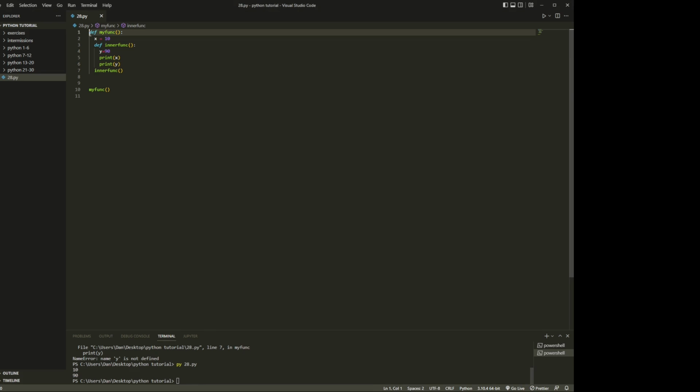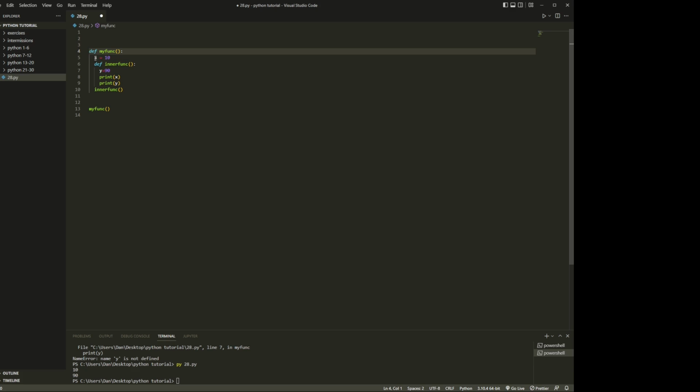Now, if we want to make something global, what we could do is just come here, and we'll just cut this out. If you want, you can comment it out if you want to keep notes or something like that. And we can just add it up here. And now everything's going to have access to that because it's a global variable. It's at the highest level. So again, no errors. And if you don't remember or we didn't cover it specifically, make sure you're declaring your variables before you're executing anything on them or calling any methods or functions on them. So like if x was down here, even though it's global, it wouldn't be initiated yet,